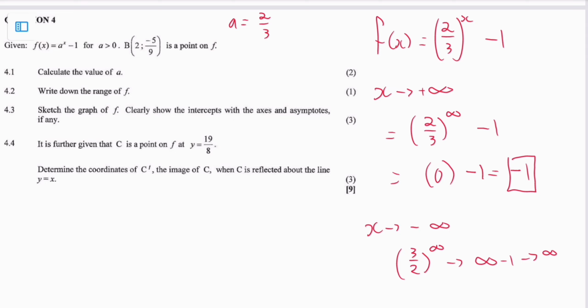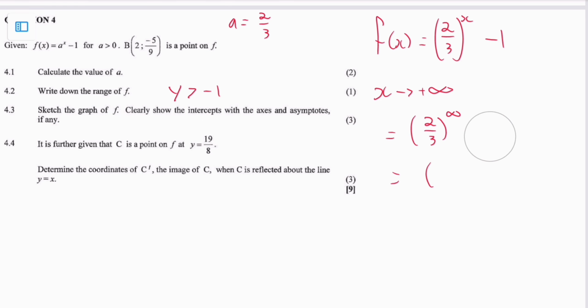But as we go super far to the right, in terms of the x-axis, it can never be less than negative 1. So what is the range of f? Y greater than negative 1. Not greater than or equal to, because it never actually touches negative 1, no matter how far we go to the right. Okay, and so I think that question should give you a good idea of this next one,